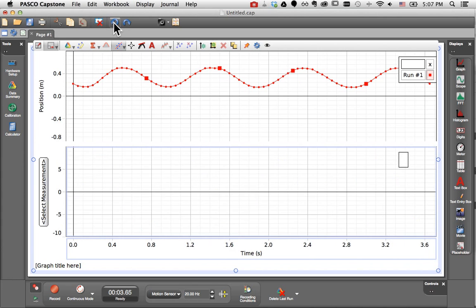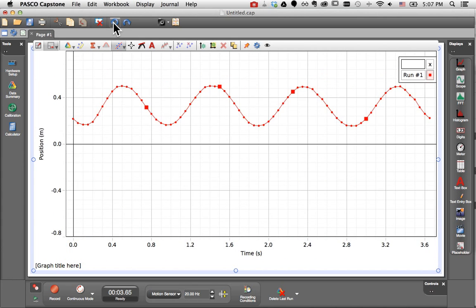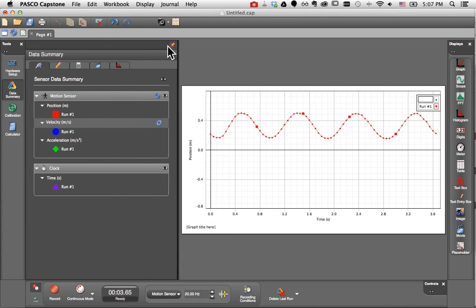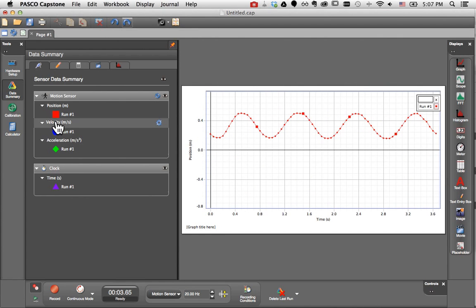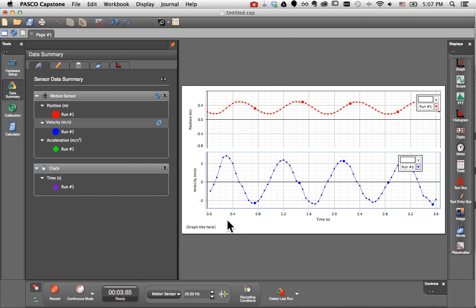Now, if you prefer to more directly create these axes or plot areas, you can do so from the data summary. To add a second y-axis, I can drag and drop velocity and drop it here. I'll undo that. And my other option is drag and drop velocity below the existing plot area to create the